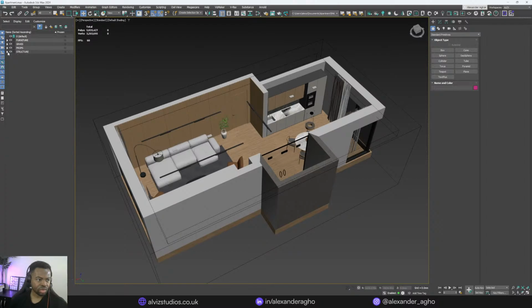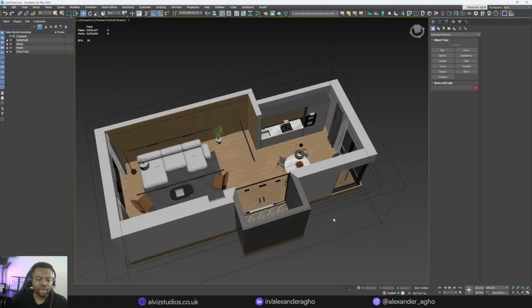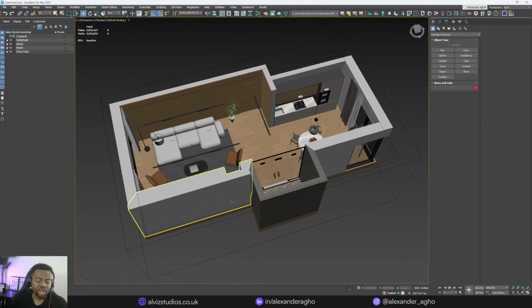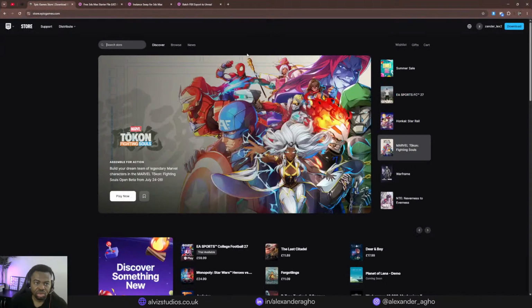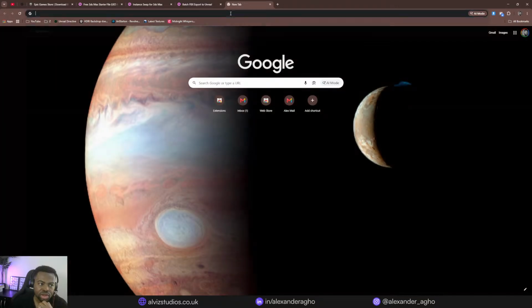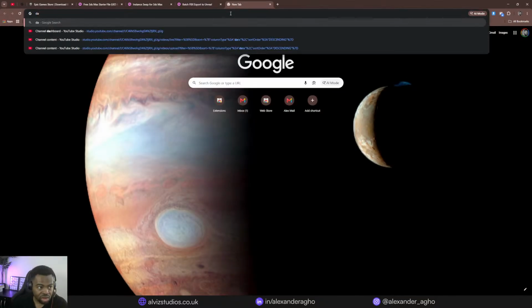Okay, good. Now we're going to export our project and we're going to use two methods. We're going to export via FBX and we're going to export via Datasmith. On my own end, I am making the assumption that we all know how to install the Datasmith plugin and the FBX plugin that I provided in the link, but just for the sake of